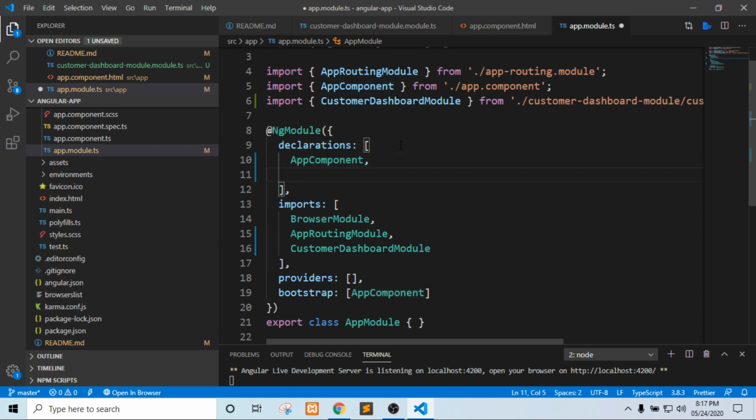Each value is comma separated. If I create a different component like customer component, then I need to enter it here. That will enable that component to all other components, directives and pipes in our application.